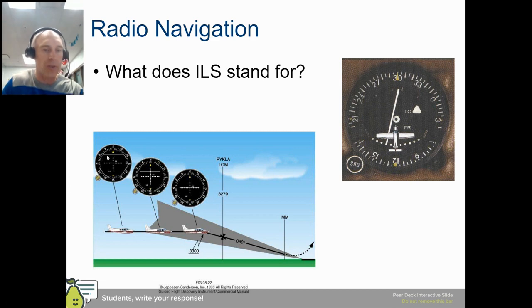Right here, this one shows you, hey, we're way too high, but that's because we're approaching this glide slope. Then it says, oh, we're getting closer. That little vertical line is getting closer to zero. And then as we hit that perfect glide slope, you can see it's right on, but now you need to start descending. Otherwise, it's going to say that you're actually going to be a little bit too far off in this direction. We would need to go down,